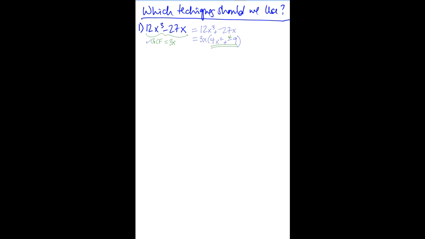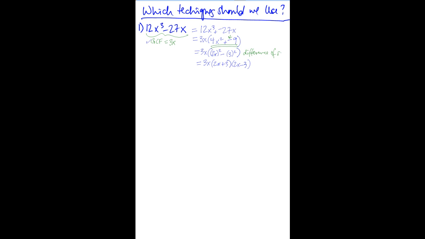Well, in fact, 4x squared, that's a square. If I square 2x, I get 4x squared. And 9, that's a square. That's 3 squared. So I can rewrite this as 2x, the whole thing squared, plus negative, or minus, if I want to change it to a minus here, 3 squared. So that's a difference of squares. So I can go ahead and use the pattern for difference of squares to write this as 2x plus 3, 2x minus 3. So I use the technique that this was a difference